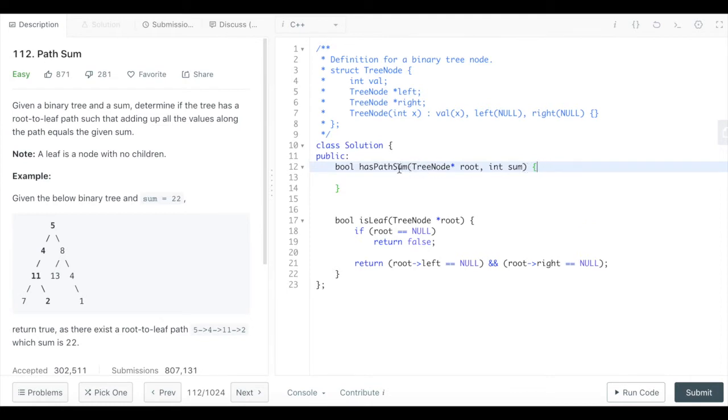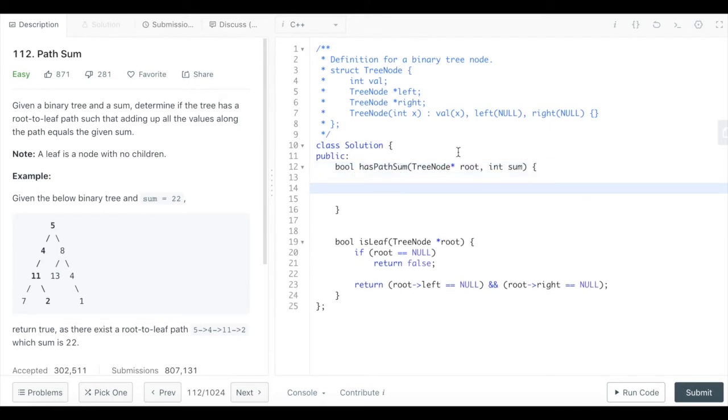If I hit a node, I'm going to check the return from the left and the return from the right. If either of them gave me a true, that means I already found the answer. That's correct. So just check left sum, right sum, and return from the left would be